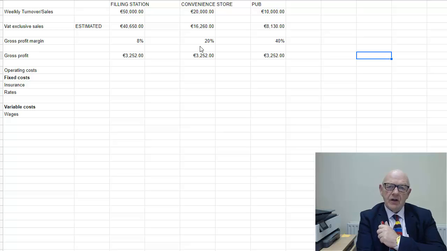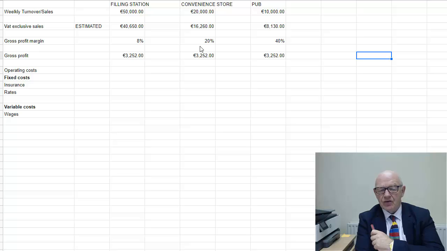Just on that point, if you increase your margin with the car wash, by definition your car wash is much, much busier. There's much greater profit. However, your variable costs, your wages, have gone up, because if it's a handheld car wash, you're going to need somebody to wash the cars. Now, you may have a drive-through car wash, it's a different ball game, bigger investment and so on, but I'm just making the point that VAT exclusive sales is one thing, gross profit margin will vary,